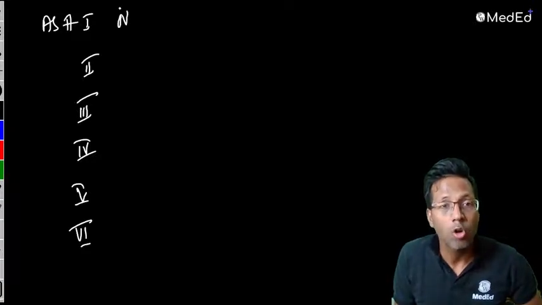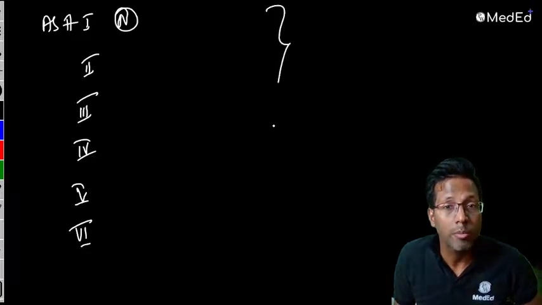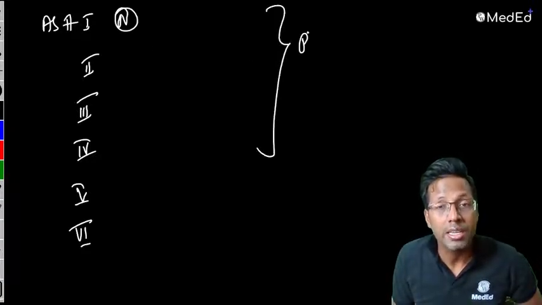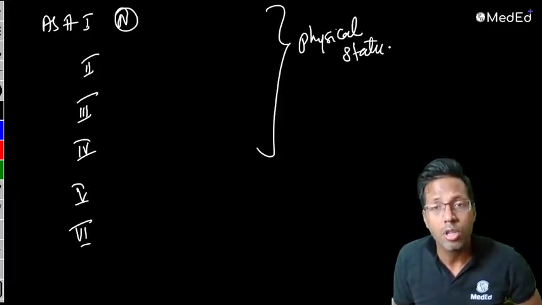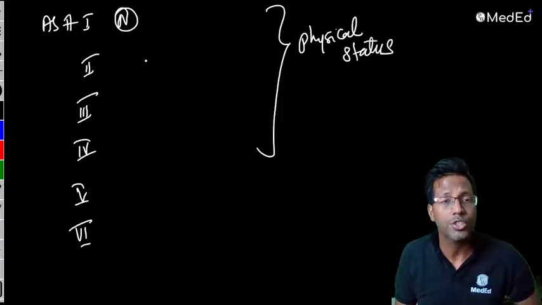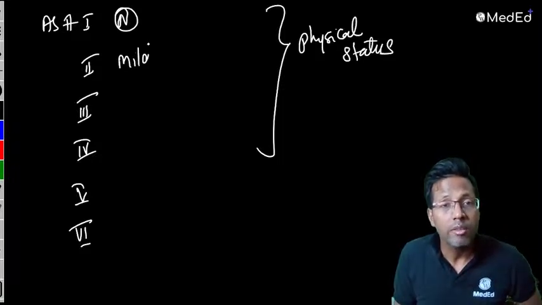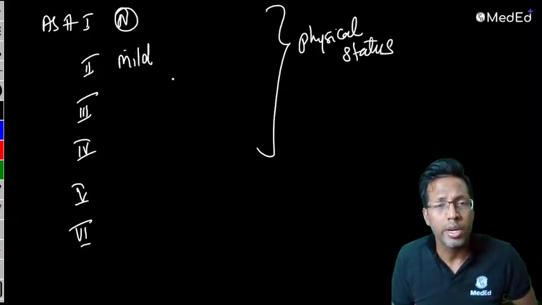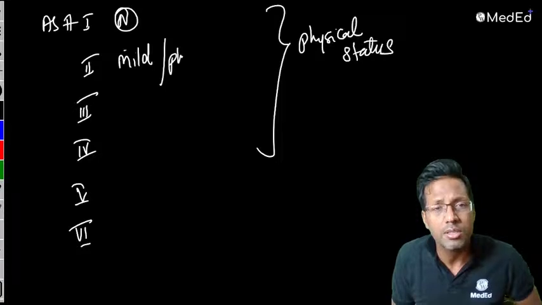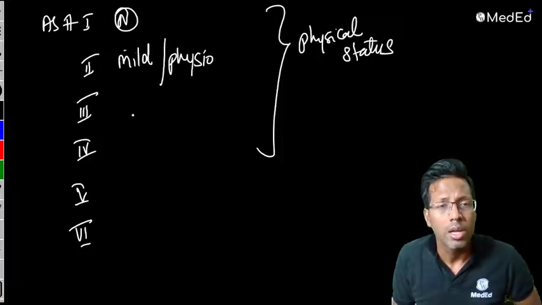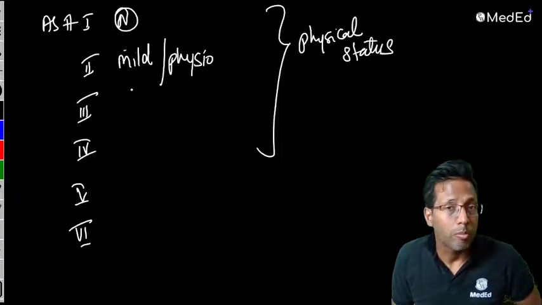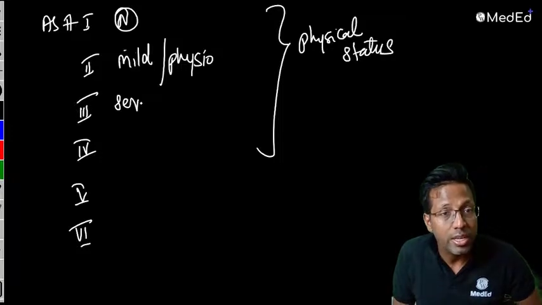Remember, ASA 1 is any normal patient. We are discussing the medical problems of the patient, or the medical status, or basically the physical status of the patient, or the medical illness or the medical problems. ASA 1 is a normal patient. ASA 2 is anyone with a mild systemic abnormality or slight physiological deviations like pregnancy and all. Okay,